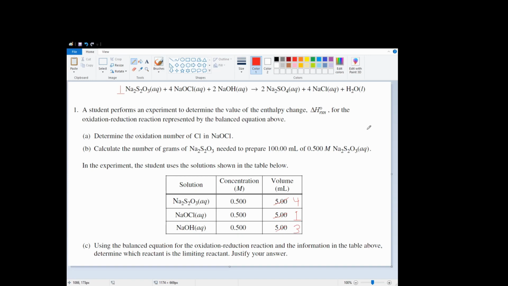A justified answer might look something like: sodium hypochlorite, or NaOCl, is the limiting reactant given the equal number of moles based on the concentration and volume of each reactant. It follows then that based on the coefficients in the balanced reaction, the NaOCl, or the sodium hypochlorite, will be depleted first because it's consumed at a higher rate, indicated by its higher coefficient. Switching back to the questions,